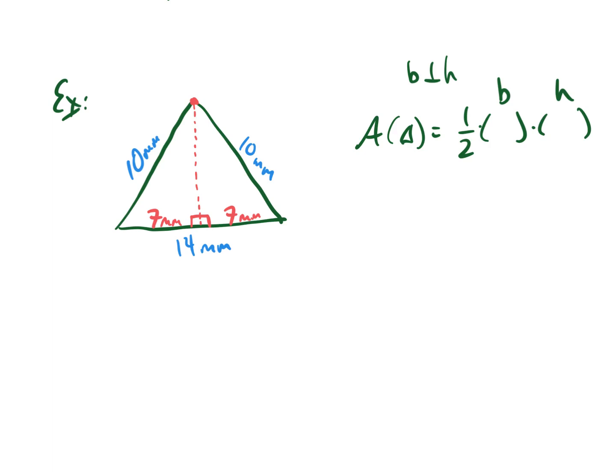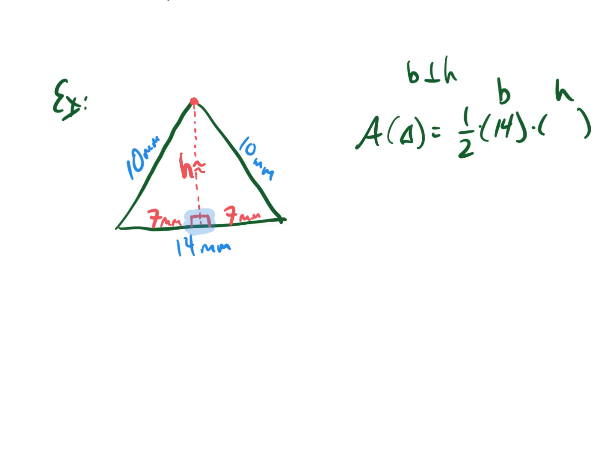Well, by drawing in the perpendicular, we now have a 90-degree angle. So there's the 90-degree angle, right? And so this line that we drew in, let me get rid of that. There we go. The line that we drew in is actually the height of the triangle, right? So the base is now going to be the bottom of our triangle, so that's going to be the 14. And what we have to then do is find the height by